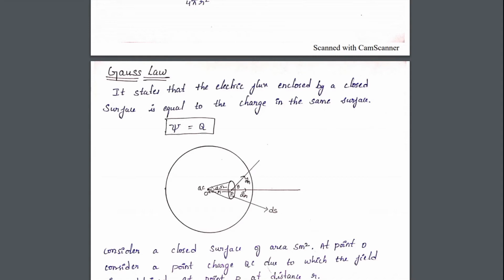At the point O, it makes an angle of d omega, that is called the differential solid angle. And with respect to point P, where you're calculating the field, the unit vectors at point P are AR, which is 1, and another one is AN, the unit vector of this differential area dS. The angle between AR and AN is taken as theta here. So once you define that in the figure, you can write the value for dS from the figure.